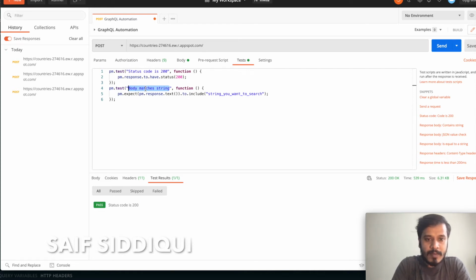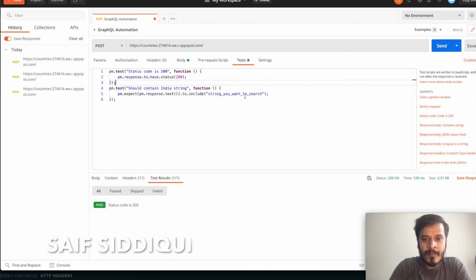I may want to search for any particular country, and that country string should match the body. So I can write India maybe, should contain India string.